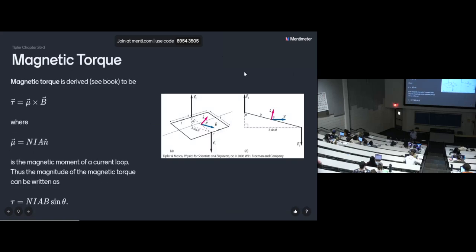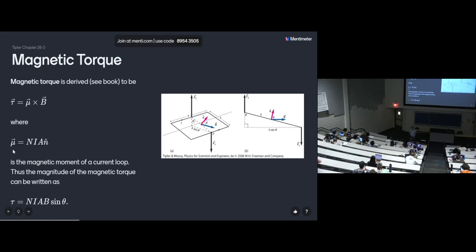But as far as what we need to be concerned about, magnetic torque. Magnetic torque is derived, you can see the book for this derivation, but it's very similar to the torque that we derived on electric dipoles in an electric field. So I left it out here, considering it's more or less the same derivation. But torque is equal to mu, the magnetic dipole moment, or the magnetic polar moment, crossed into the magnetic field B, where for a current, the magnetic moment is equal to big N, the number of turns in your current